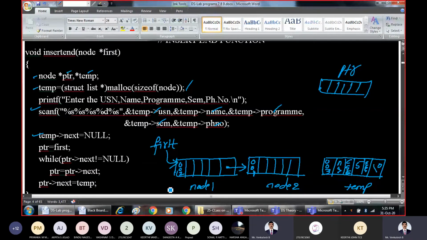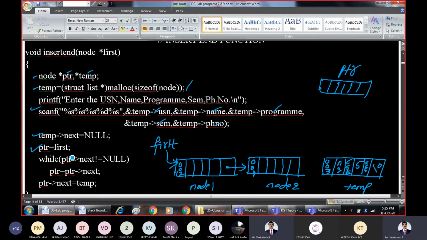Now take one more pointer to traverse towards the end, because as we are attaching this node to the end of this linked list, you should be able to reach from the beginning to the end. So assume if there are 95 nodes in the linked list, you should go to the 95th node. You should go to the end first, because you know only the address of the starting node. From the starting node, you should go and reach the last node.